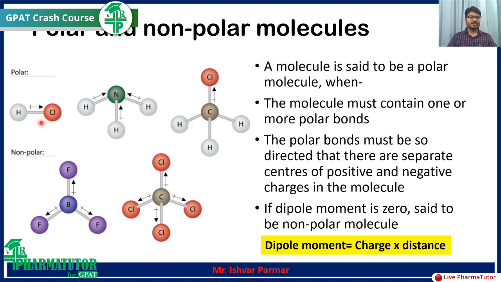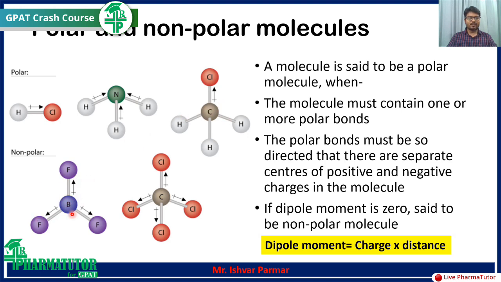So in this example you can see this hydrogen is attached to chlorine. Chlorine is more electronegative than hydrogen, so it pulls the electron towards itself. So it has a delta positive charge and a delta negative charge. Same here with nitrogen. It is attached to hydrogen, it has a delta negative charge and the delta positive charge is towards the hydrogen. Here is CH3Cl, chlorine forms a delta negative charge and carbon gets a delta positive charge.